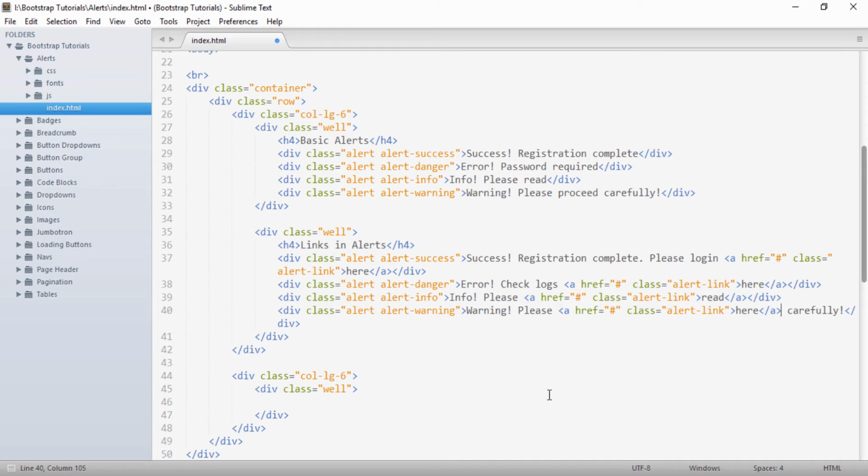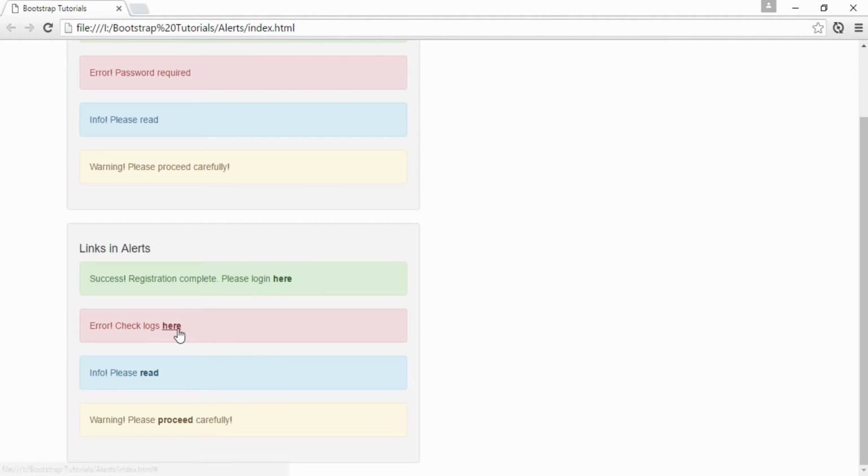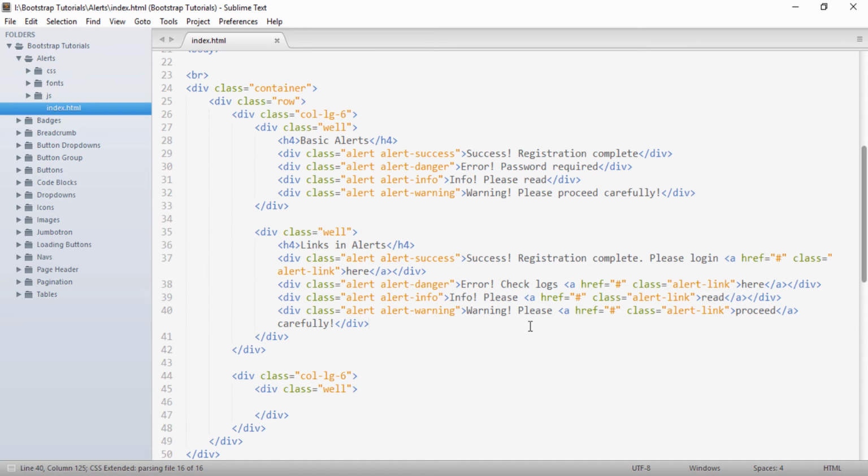So I will just paste it here, and if I save it and go to the browser, you can see that links have appeared in the other alerts as well. So friends, the only change we did was we provided an anchor tag, and to that anchor tag we provided a class of alert-link. So it signifies to the alert that this will be a link.